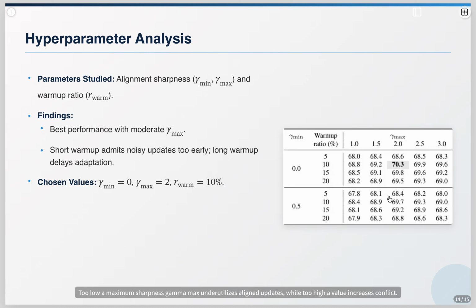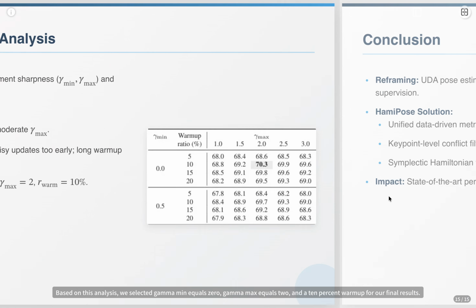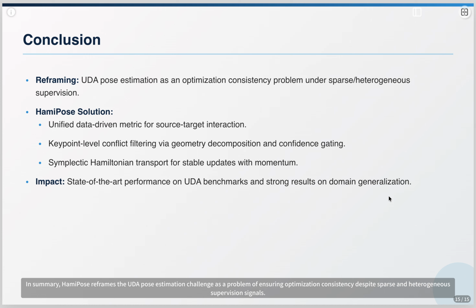Too low a maximum sharpness gamma max underutilizes aligned updates, while too high a value increases conflict. A very short warm-up introduces noise too early, while an excessively long one slows down initial adaptation. The sweet spot seems to be a moderate gamma max combined with a relatively short warm-up ratio. Based on this analysis, we selected gamma min equals 0, gamma max equals 2, and a 10% warm-up for our final results. In summary, HamiPose reframes the UDA pose estimation challenge as a problem of ensuring optimization consistency despite sparse